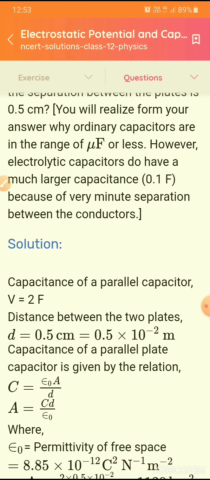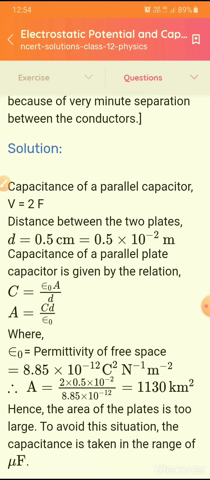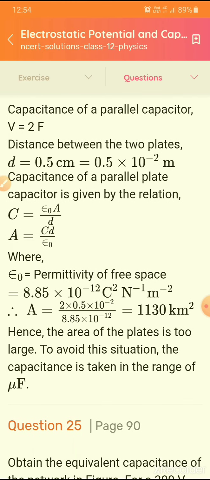Okay, so the capacitance of a parallel plate capacitor is C equal to 2 farads, and the distance d is equal to 0.5 centimeter. A centimeter can be converted into meter, that is 10 to the power of minus 2 meter. The formula for the capacitance of a parallel plate capacitor is C is equal to epsilon naught A divided by